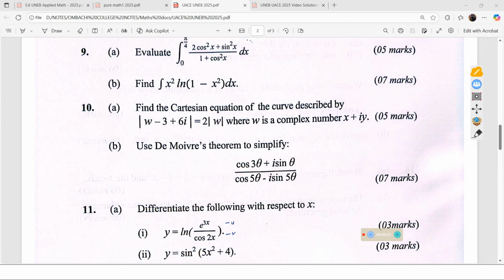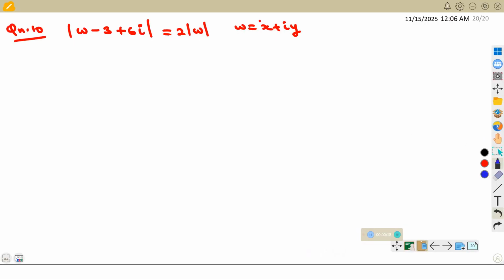So we shall look at question number 10, which says find the Cartesian equation of the curve which is described by this, where w is a complex number, x plus iy. So we shall look at the solution. So we are told that the magnitude of w minus 3 plus 6i is equal to 2 times the magnitude of w. So we are told that w is same as this, and for that case we shall substitute for that w